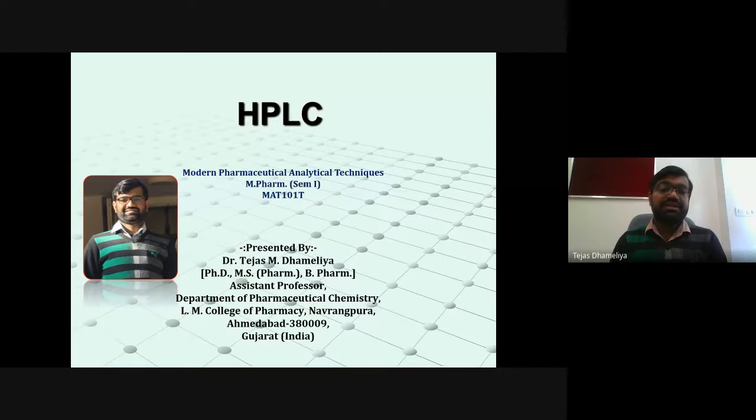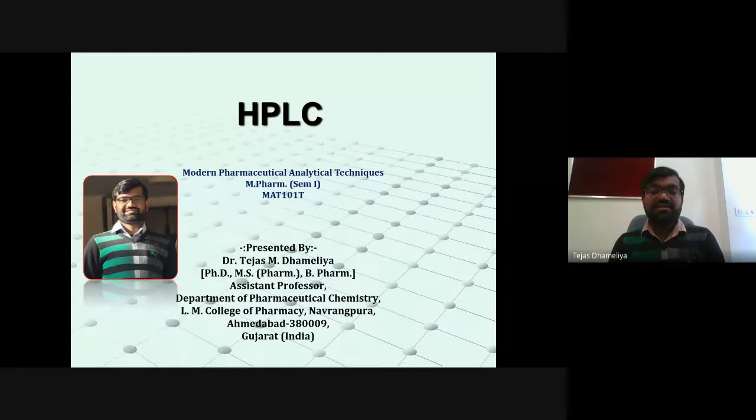So what are these detectors? Detectors are a key instrumental component, essential to detect the substance which is eluted from the column. Depending upon the need of the chromatographic technique, we can modify our detector. For example, if our compound can be sensed under UV visible light, then we can use a UV visible detector for this purpose.